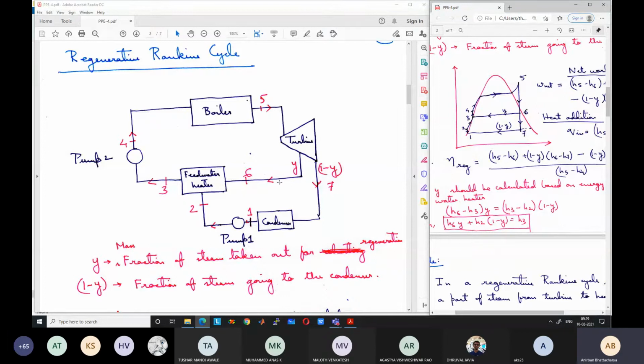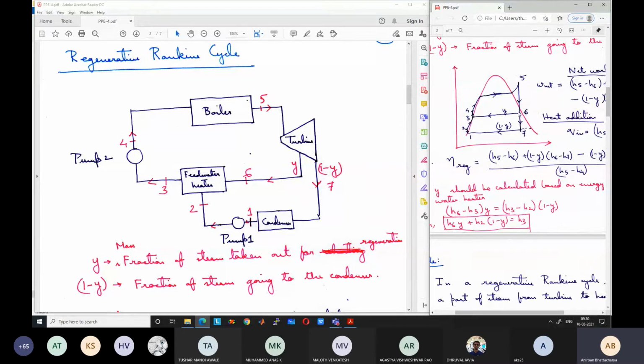Okay, so the temperature becomes high, so the temperature at state 2 is increased. Why? Because the steam at state 6 loses its latent heat, and by losing its latent heat, it increases the temperature of the rest of the fluid. Okay, so ultimately the mixture comes out at state 3.